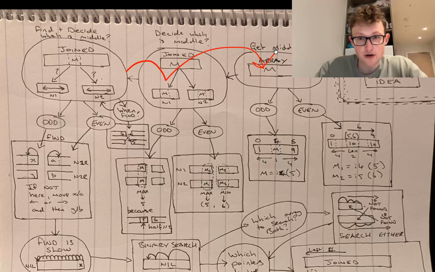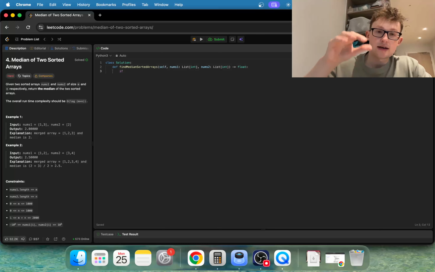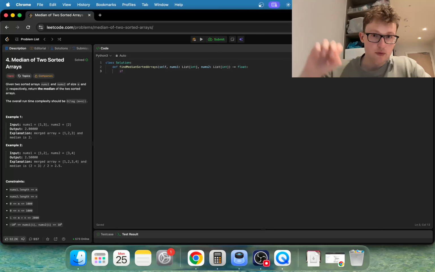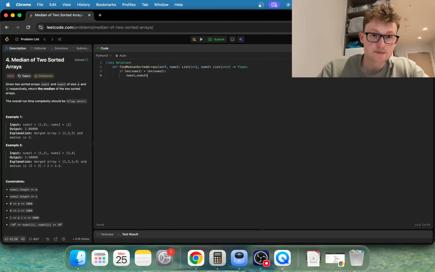So let's go and try and code it. And the other difficult thing about this is, as you code linearly, you're jumping from point to point in the graph. But anyway, we're going to do our binary search, but we wanted to search the smaller array, so we will just say if nums1 is bigger than nums2, then we swap them around so that we keep our pointers consistent.